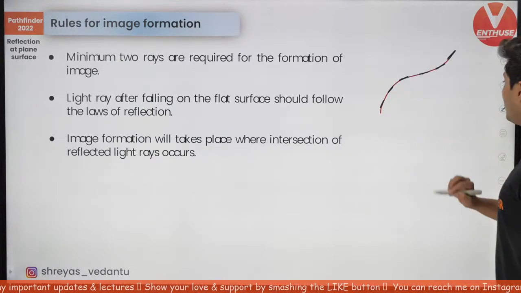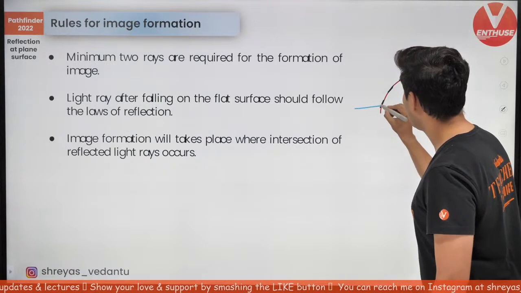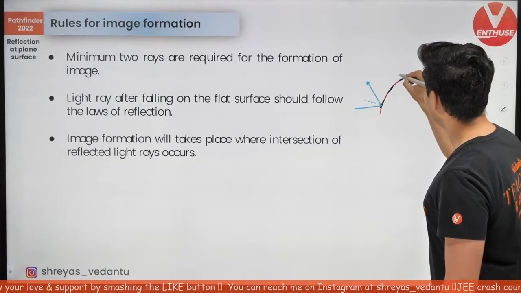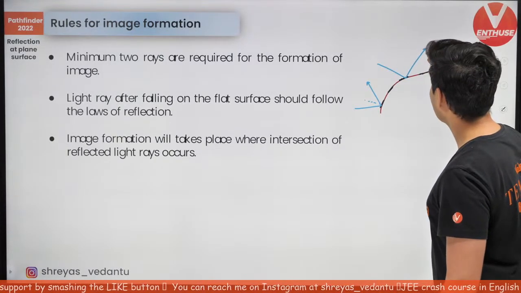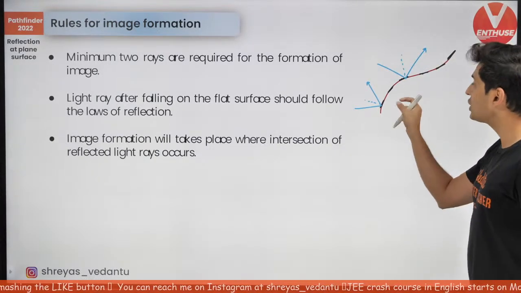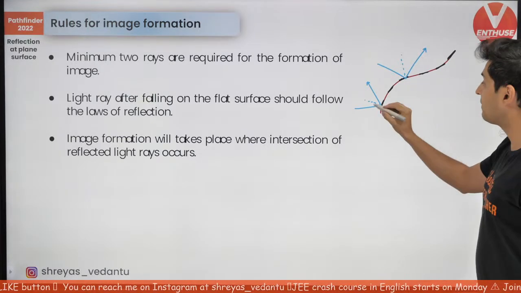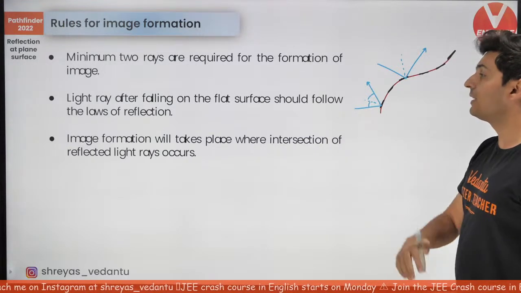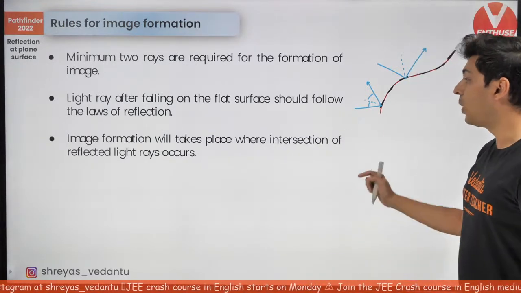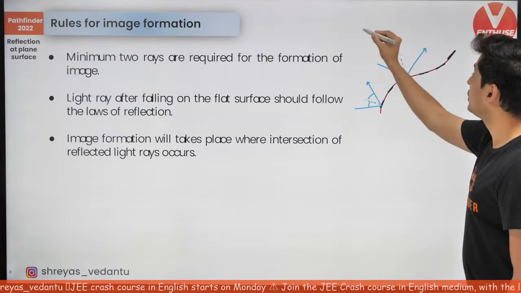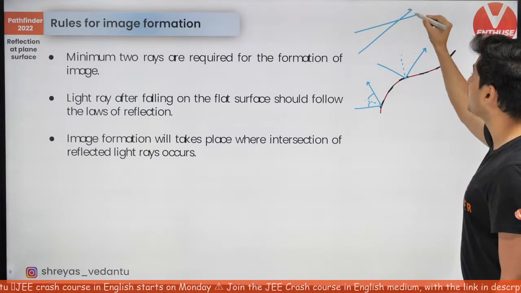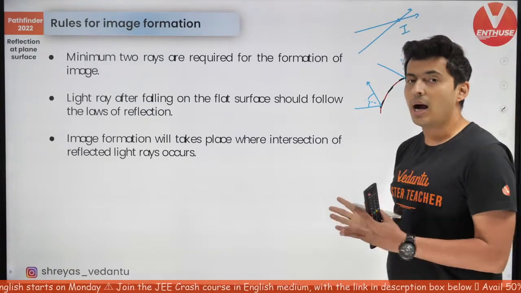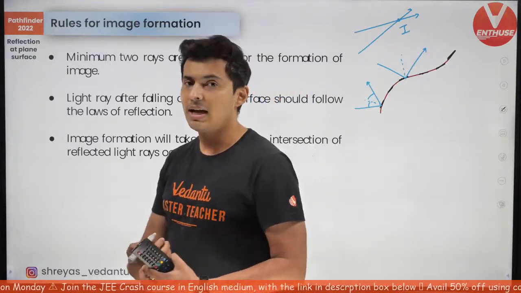That means if the rays of light fall here, they will follow the laws of reflection, assuming this is the normal. If the light rays fall here, they will get reflected like this. This will be the normal. Each of them is a plane mirror. Laws of reflection, angle of incidence equals angle of reflection, plane is same. All these things are obeyed even in a curved mirror. In fact, also remember that when two rays meet, because you need two rays, only then can you say the image is formed, or they should appear to meet, or they should diverge from a point.